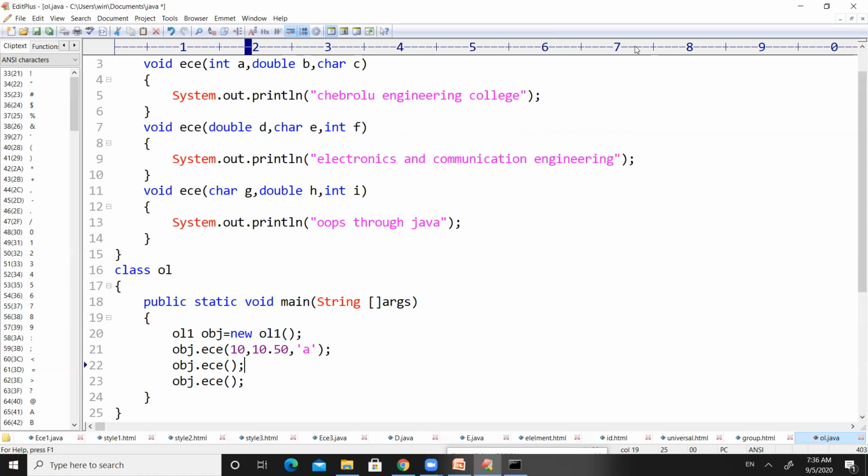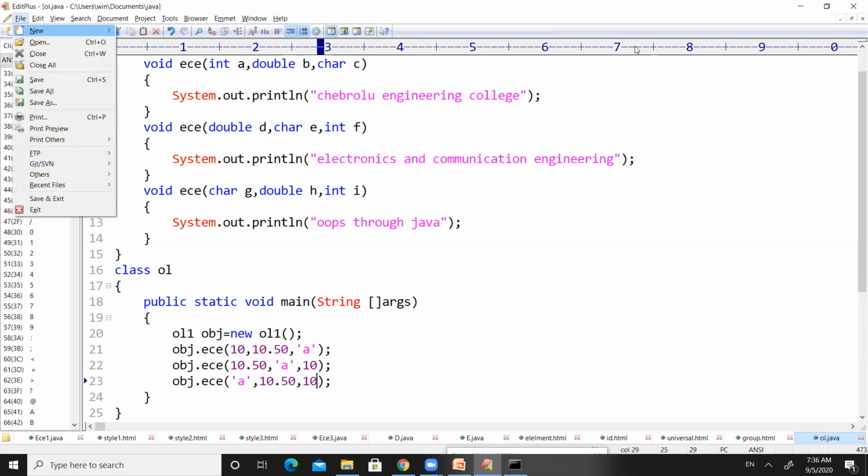If you want to execute the second method, you have to pass one float value followed by any character, and then one integer value. If you want to execute the third method, you have to pass first a character, followed by any float or double value, and followed by an integer value. So we have to change the order of the parameters in order to execute all of these.